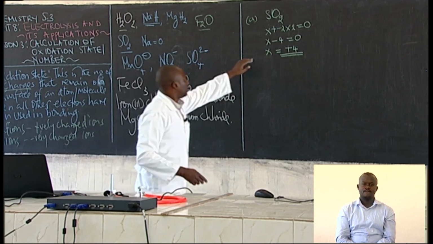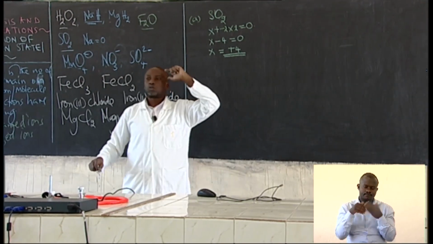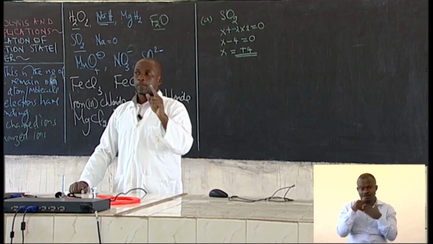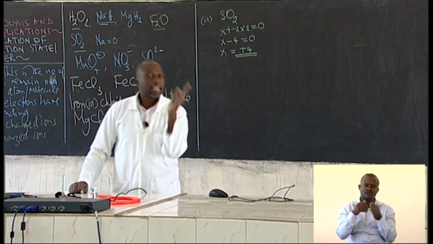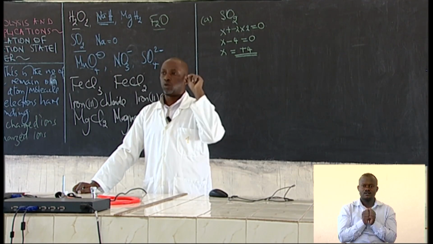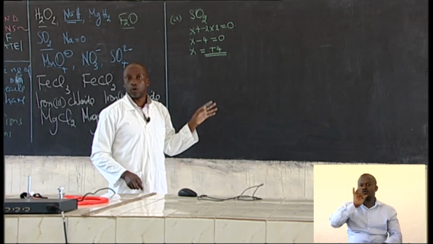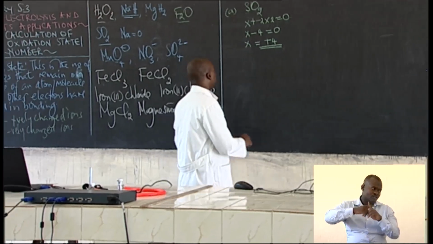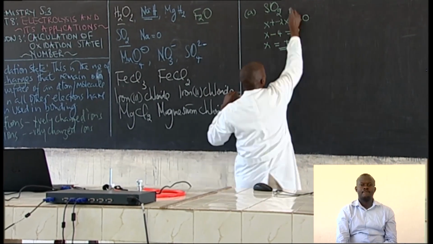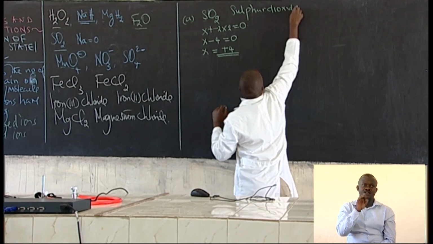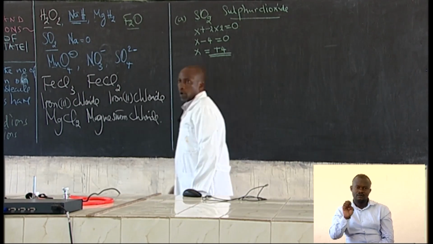Now, when you are recording the oxidation state, there is a very important point to note. The oxidation state has to be negative or positive, or 0. 0 doesn't have any charge, so it has to be positive or negative. That's why we are putting +4 here. Don't write it as 4 only. So for the sulfur dioxide we are talking about,